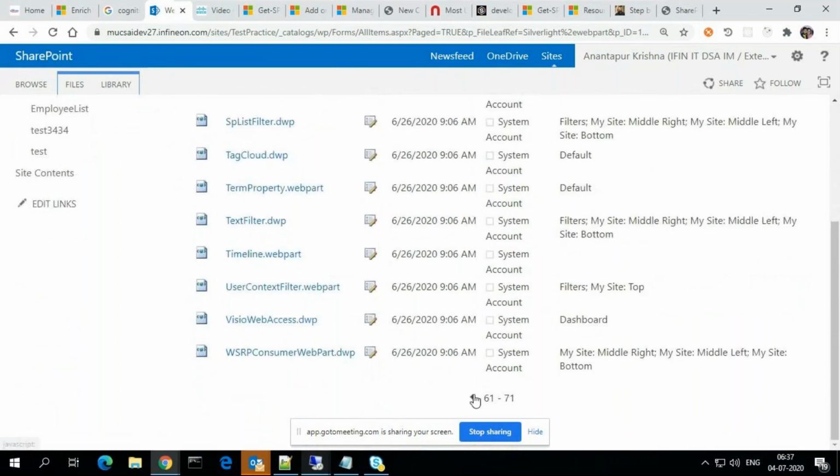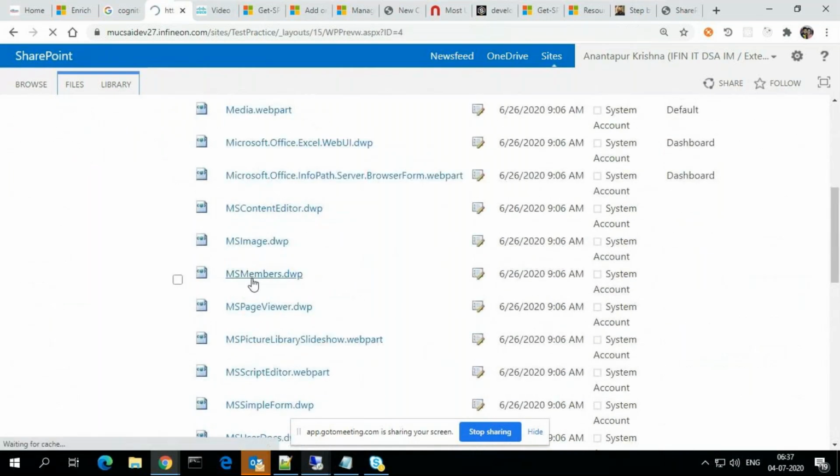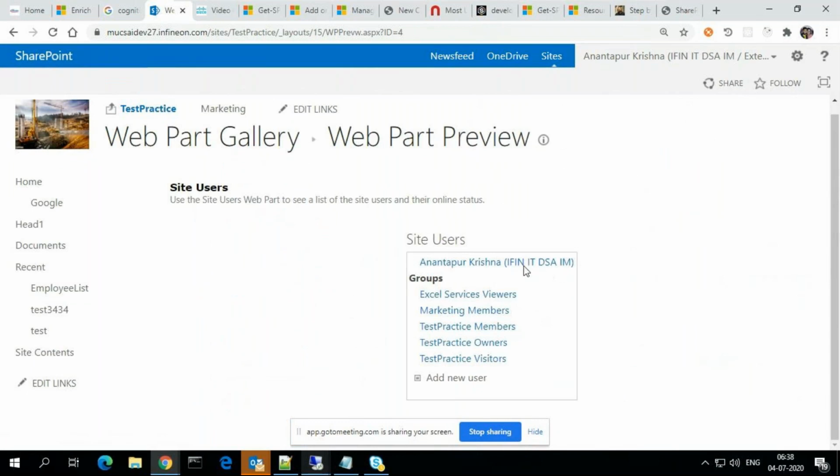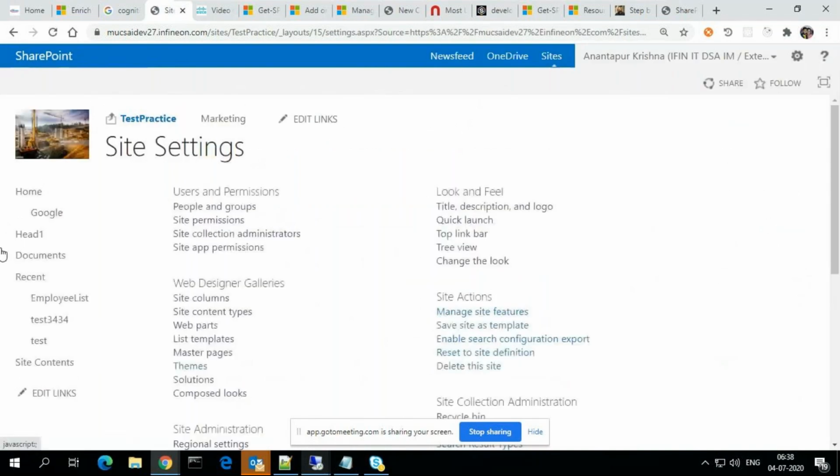So what is a web part and what does it do? If you click on any web part, it will show like this. See how the web part is appearing. This is coming from the site users. Where it is implemented is in site settings, people and groups.